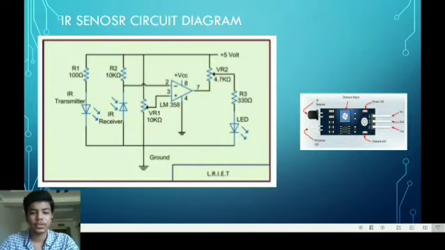Coming to the IR sensor circuit diagram. This is the basic schematic, and this is how the IR sensor looks. An infrared sensor circuit is one of the basic and popular sensor modules in electronic devices. This sensor is analogous to the human visual sense, can be used to detect obstacles, and is one of the common real-time applications. The circuit comprises the following components. Here you can see the LM358 IC, resistors of certain kilo-ohm range, variable resistors, and the LED.